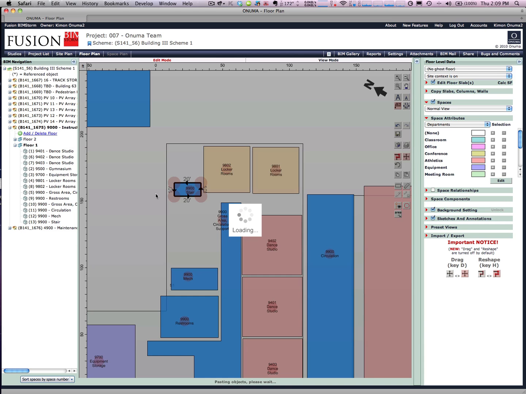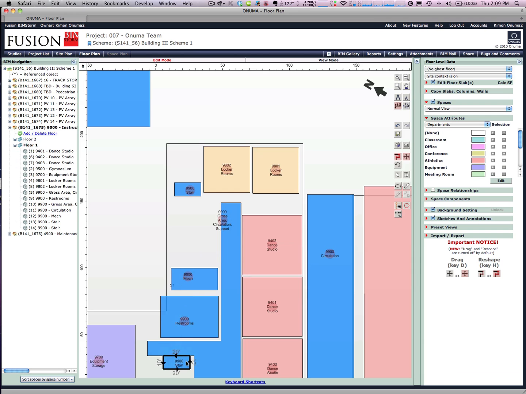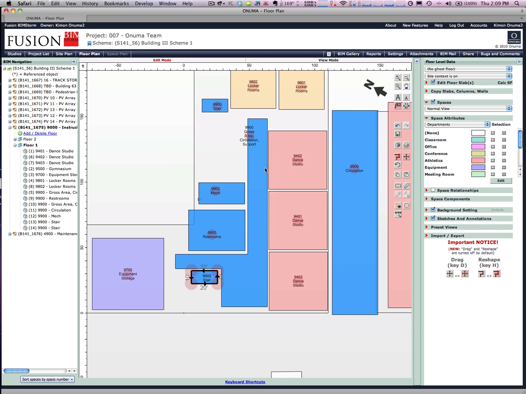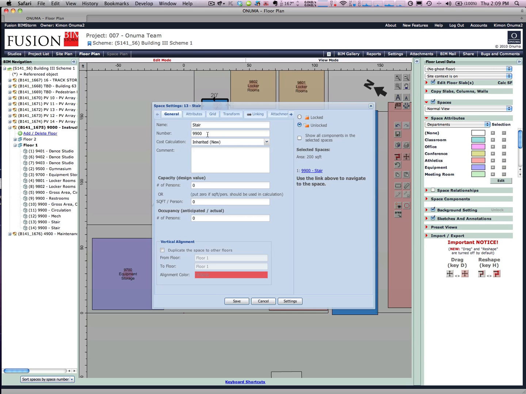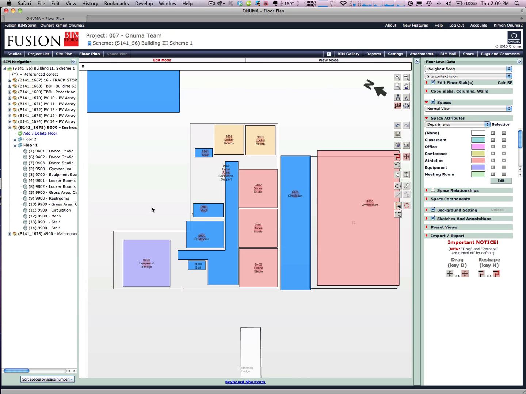Maybe duplicate this and have another stair down here. Okay, we haven't changed any of the room numbers. See, they're all named 9,900. What we recommend is actually naming them in sequence. This is the 9,900 group, so maybe it's 9,901, 9,902, etc. You can do that individually by clicking on it and changing that. But we want to keep them classified as the 9,900 groups when we track back to the original program requirements